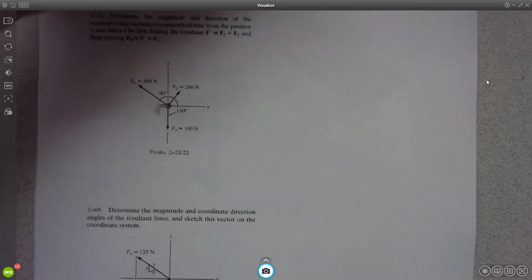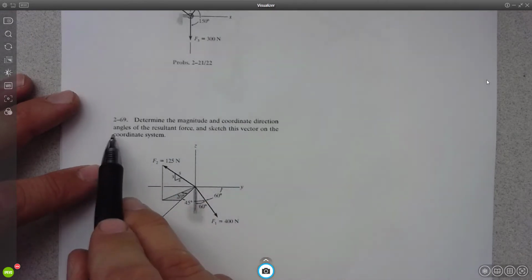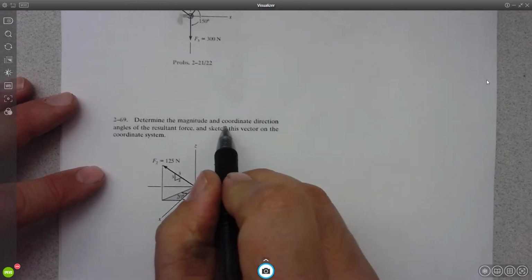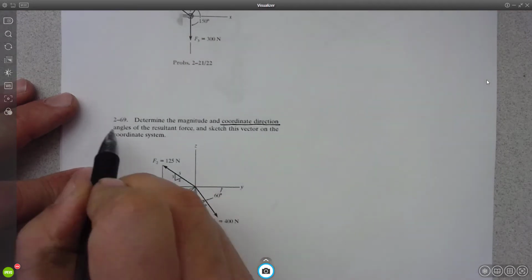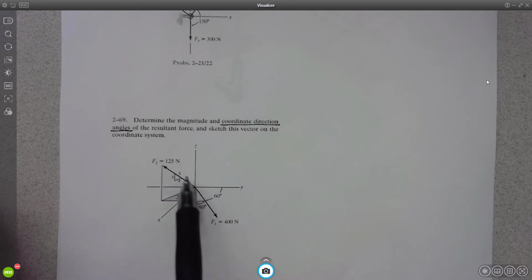There's a few pieces that I want to highlight that I know we didn't cover. For instance, problem 269, where it says determine the magnitude and coordinate direction angles of the resultant force. We did not do coordinate direction angles in this go-round. Coordinate direction angles are, if you look at this F1 force down here, the three angles from the X, Y, and Z axes. Those are called coordinate direction angles. It's just a different way of defining a vector in 3D space. But it's a way that I feel like I've never seen used in real life, so I decided to skip it this year. You should be able to analyze vectors like this one given here, which is,